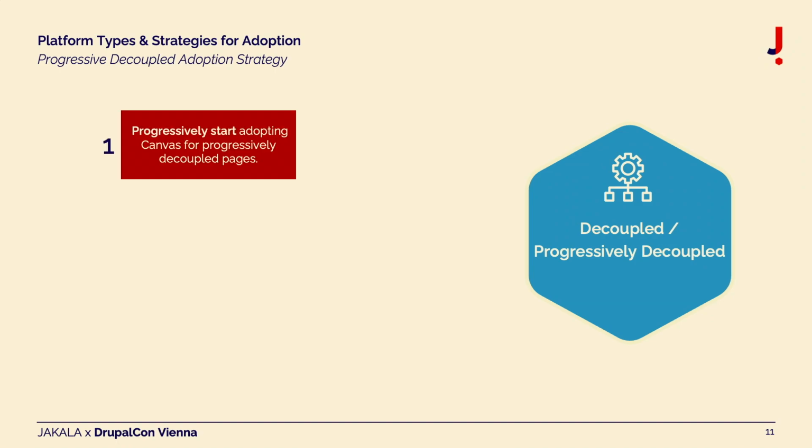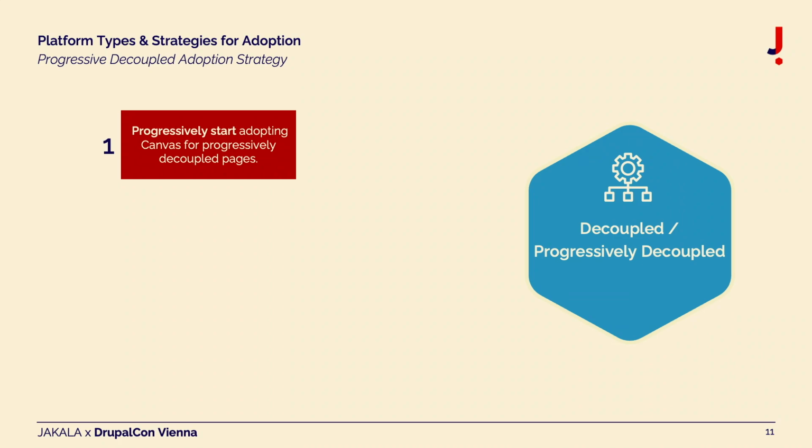progressively decoupled websites. First, we need to start slowly, right? It's still a release candidate, it's bleeding edge technology. So you would like to start slowly, especially if you have an existing platform. If you build something new, you can build wild, there are no boundaries. The stable release is coming, but because this is an existing platform, you have to be much more careful. So the recommendation here is you figure out